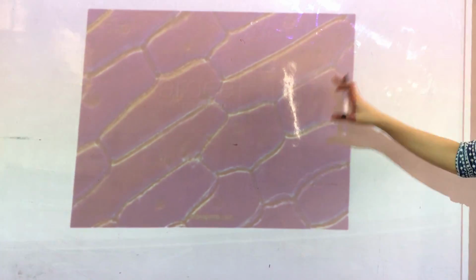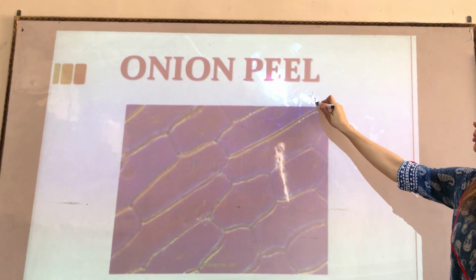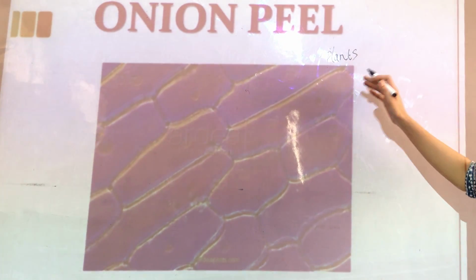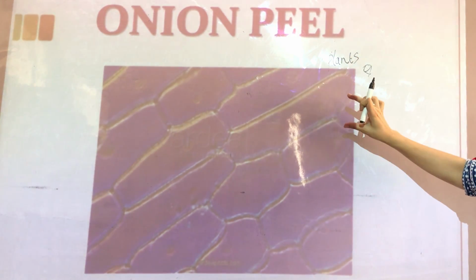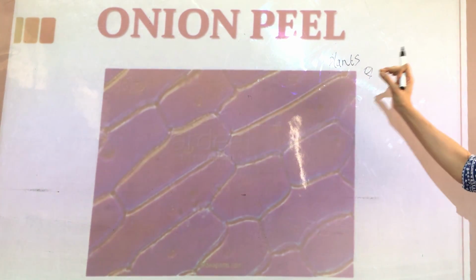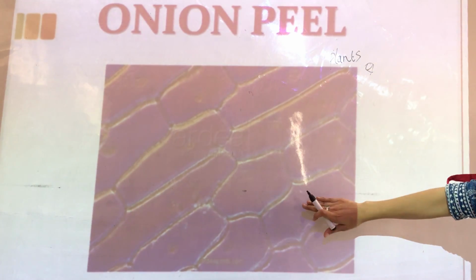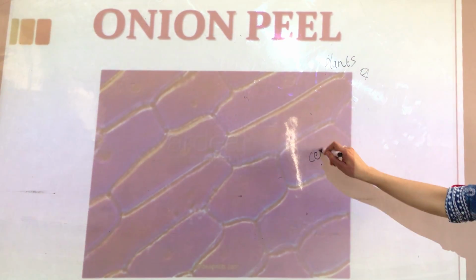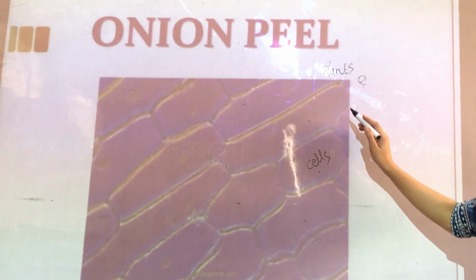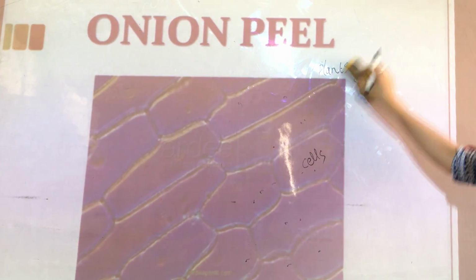Now this is the cell which is present inside the onion. We all discussed that plants are also made up of cells, okay. So suppose this is an onion, if you take out one peel of onion, pull it out, take a thin slice of that peel, and observe it under a microscope, you will see this type of structure. These are called cells. You can see that the onion is made up of these tiny rooms, these tiny compartments which are also called cells.